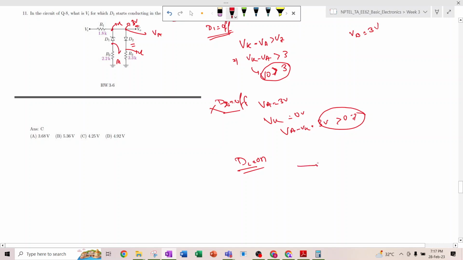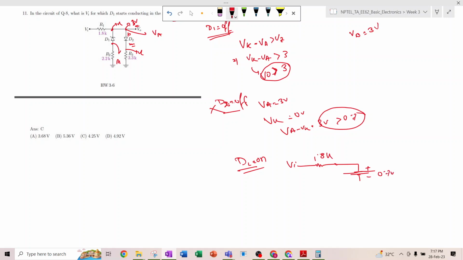So if D2 is on, then the circuit becomes like this: this is 1.8k, this is Vi, and this is just turned on. This terminal is positive, P, and this terminal is negative, N. So this will be the case: 0.7 volt, and here it will be 3.3k, and here are the rest of the circuits. It is 2.2k, it is D1, right? So here we have calculated the value: VO is 3 volt. So the current flowing through